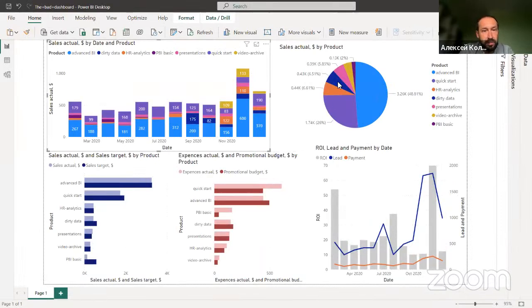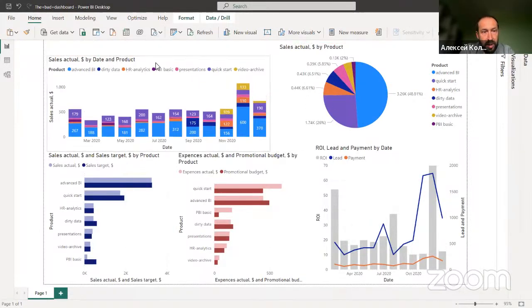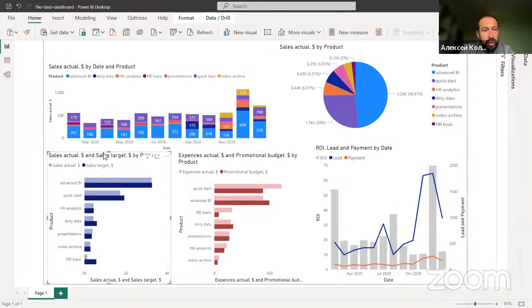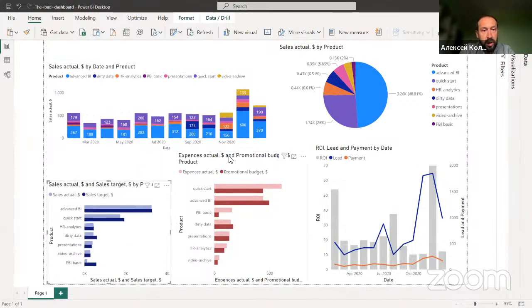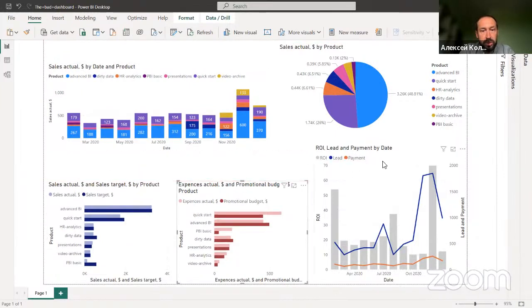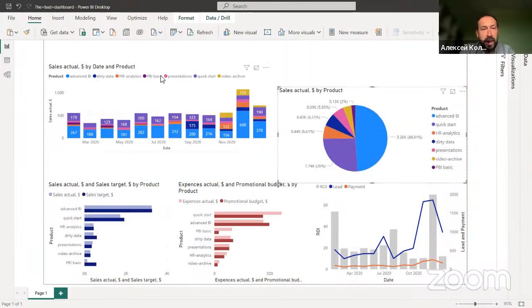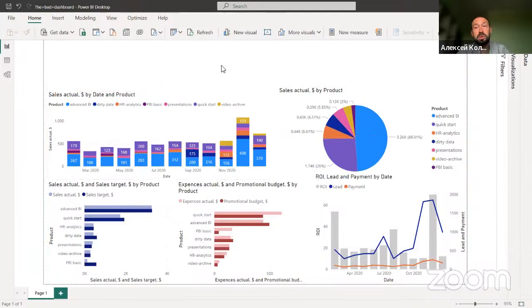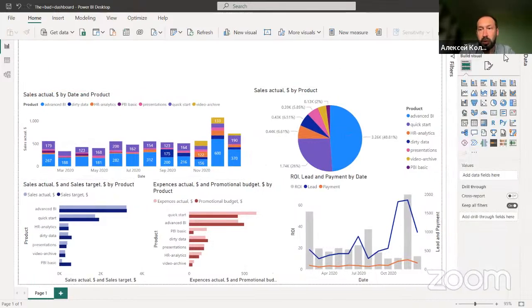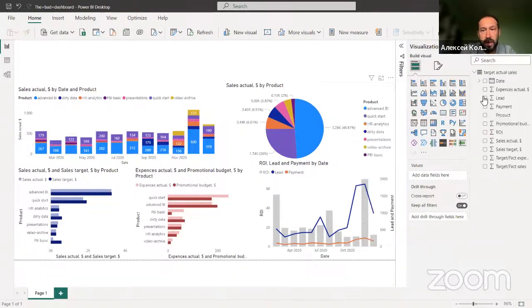And I will start from putting down all these visuals and providing space for my totals, and go to my visualizations, and what I'm interested in, my sales actual,